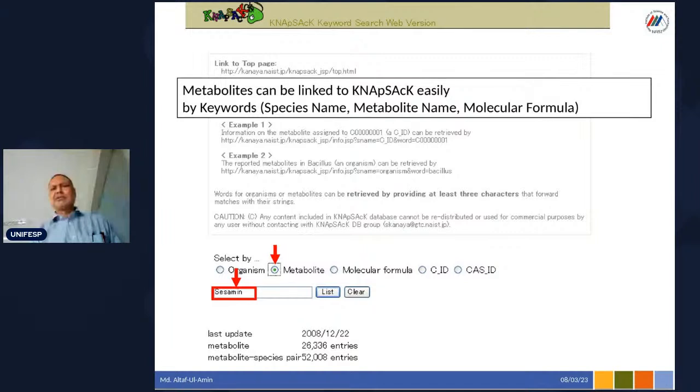You can also search the database by entering the name of a plant or an organism. In such a case, you need to click this radio button, put the name of the organism here, and then click the list button. So, for example, if we enter Allium cepa, I think all over the world people consume onion, and then click the list button, you can get all the metabolites reported in literature. Onion may have more metabolites, but here we have only the list of those reported in scientific literature. So you can get a list of the